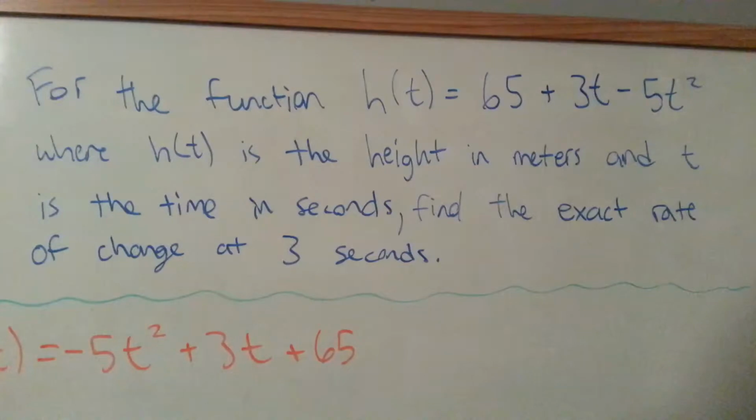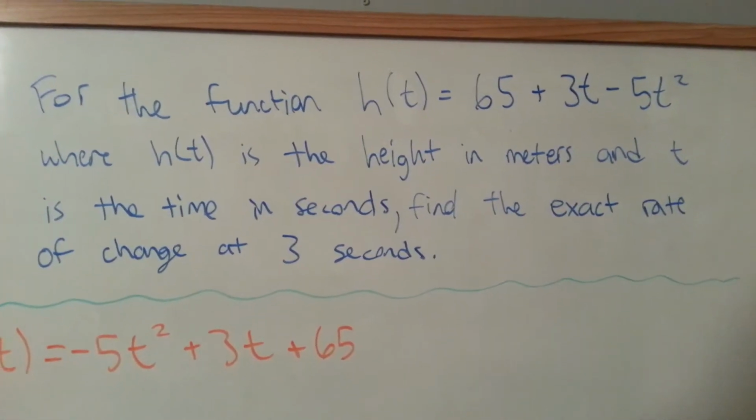For the function h of t equals 65 plus 3t minus 5t squared, where h of t is the height in meters and t is the time in seconds, find the exact rate of change at 3 seconds. All you have to do is find the derivative of the quadratic function and then sub in t equals 3